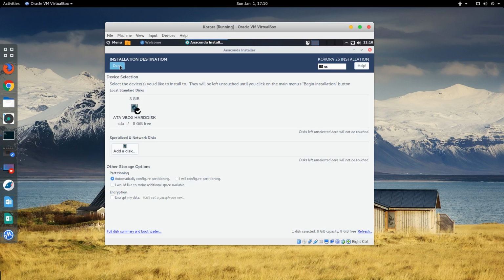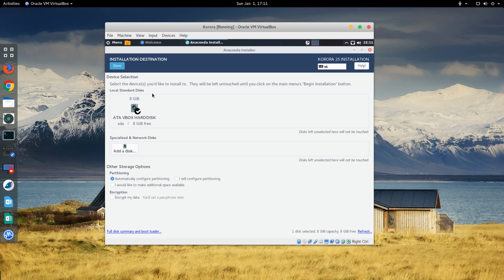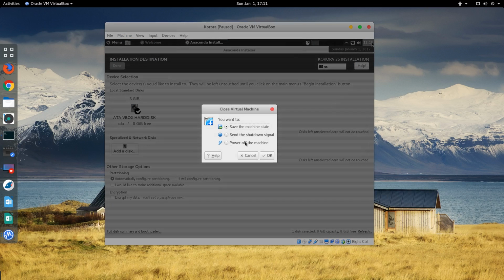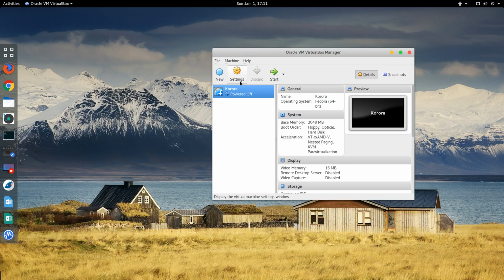Looks like I guess I only gave it 8 gigs. That's miserable. So with the default disk size, I don't have enough room to install Korora. Well, that's my own fault. Usually I make the disks larger anyway. So let's see if I can just kill the virtual machine since we haven't installed anything yet, and go back into